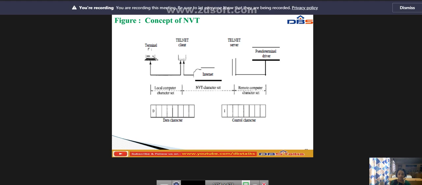It is designed to receive the characters from the terminal driver. This is the main use and the concept of NVT.